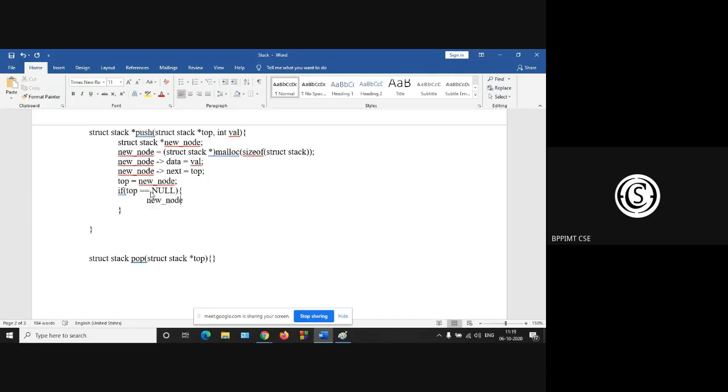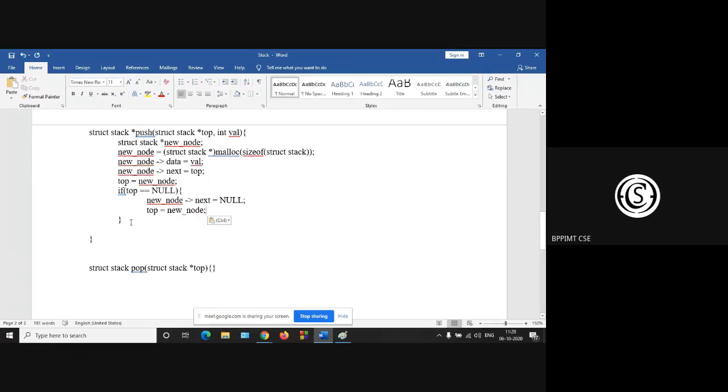So new node next is equal to null, and just copy top is equal to new node.